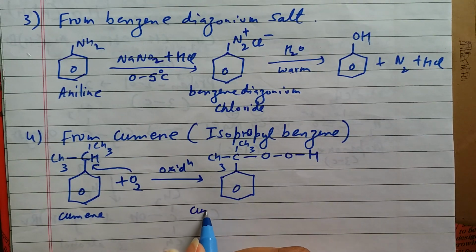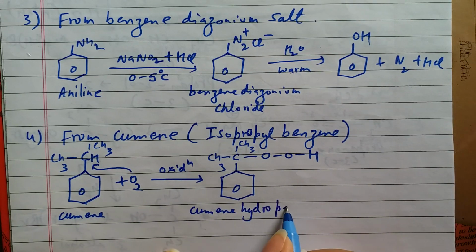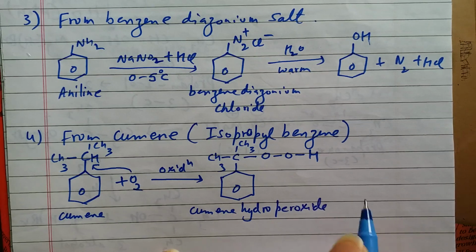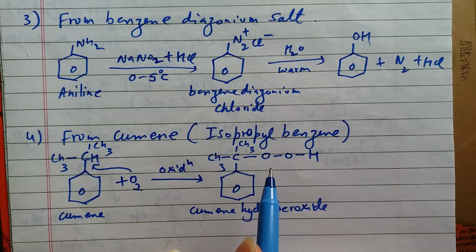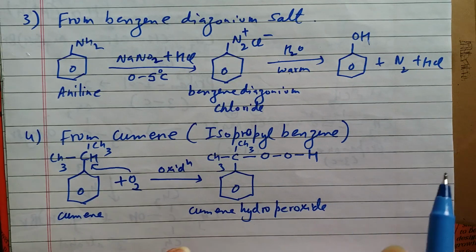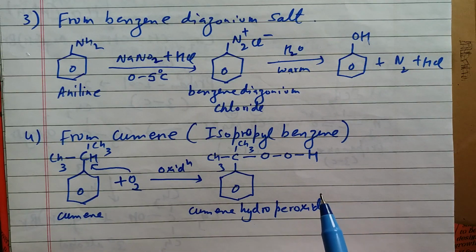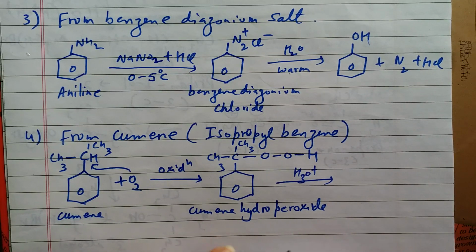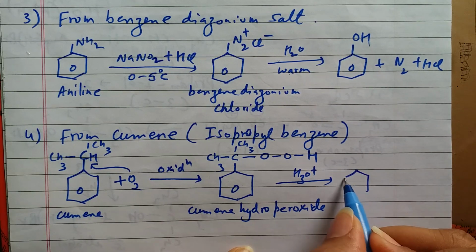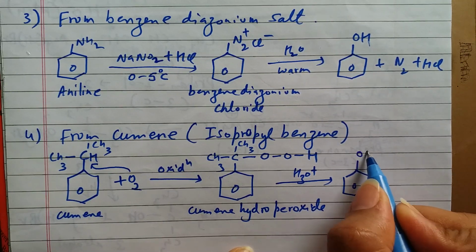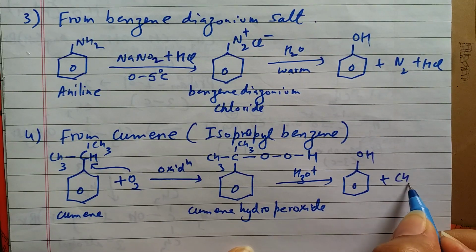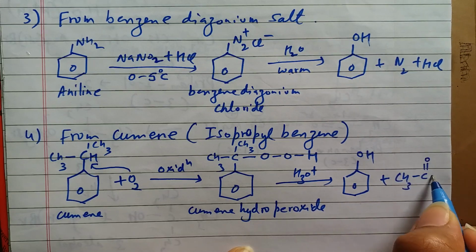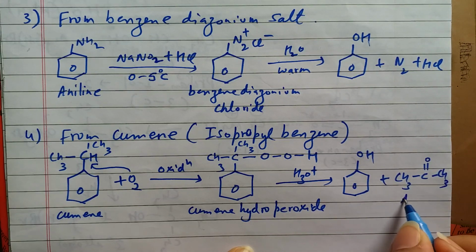This compound which is formed is known as cumene hydroperoxide. The oxygen to oxygen linkage is known as the peroxide linkage. So this compound formed is cumene hydroperoxide. And now when this cumene hydroperoxide is hydrolyzed, that is, made to react with water, it gives us phenol plus another very important byproduct, which is acetone